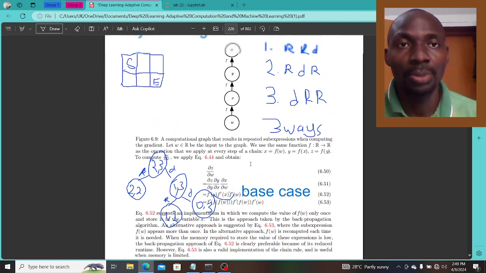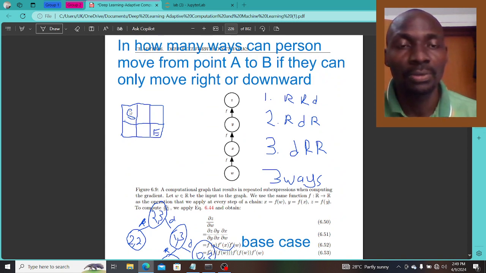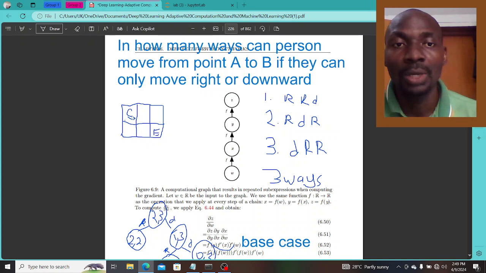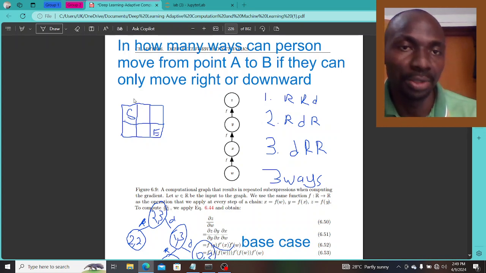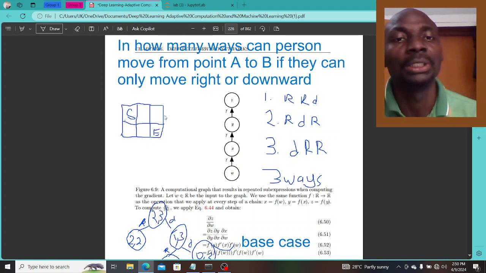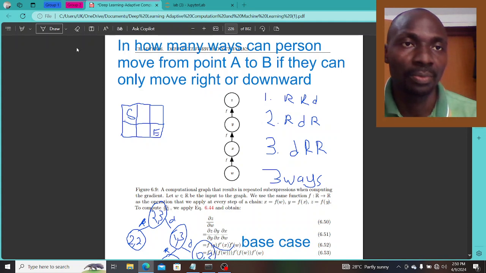So checking up here, if we are to start from this starting point, we have to shrink this problem to a smaller problem. Imagine that we have a 1 by 1 grid. In how many ways can we navigate a 1 by 1 grid? We can navigate a 1 by 1 grid by only one way, because the start point